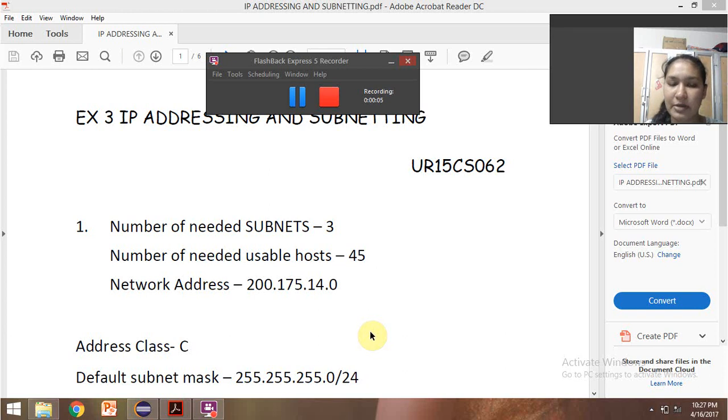Here I am going to explain my third program for networking, that is IP addressing and subnetting. For this, the question is given. Number of needed subnets is 3. Number of needed usable hosts is 45. Network address is